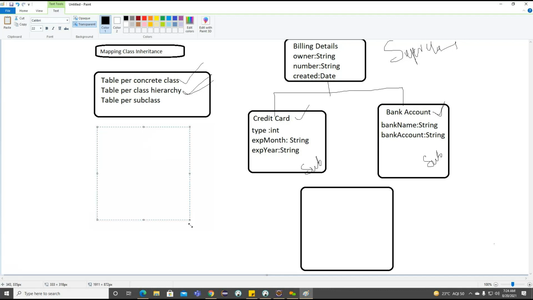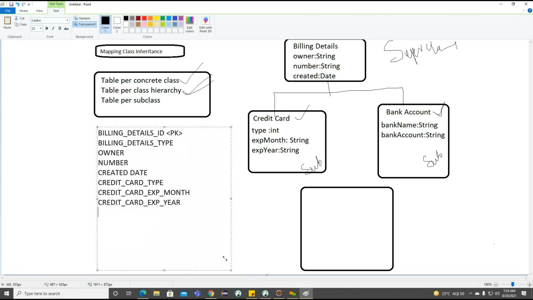So I'm writing the table section here so that we'll get all the properties. We completed the credit card section.